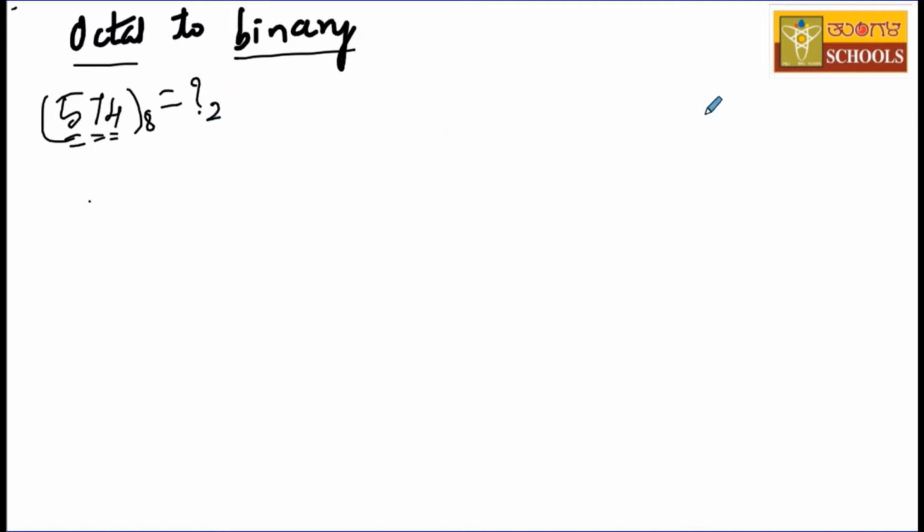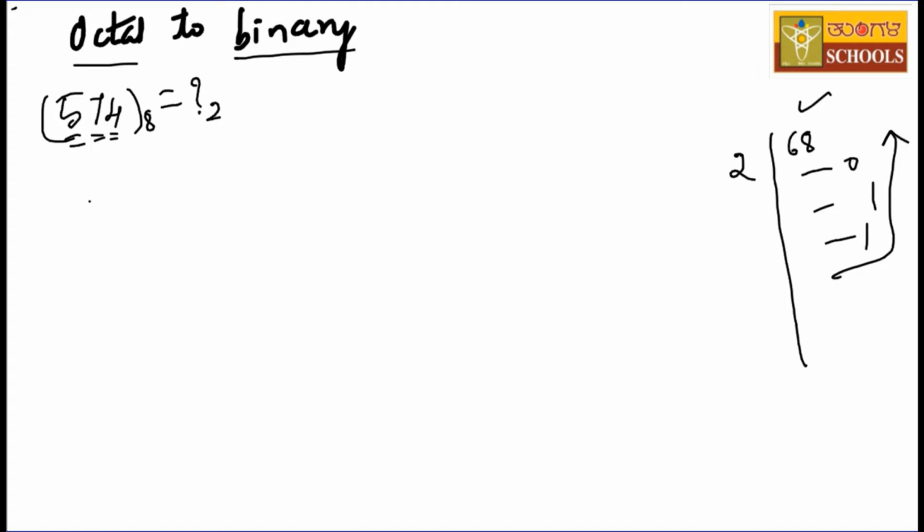As you know, we can convert any decimal number into its equivalent binary. Say, for example, 68. I am talking about decimal to binary conversion. 68 is a decimal number because 8 is not within the range of octal. To convert this number into its equivalent binary, we divide this number by 2 and take the remainders out like this and store them. This is how we convert decimal to its equivalent binary.